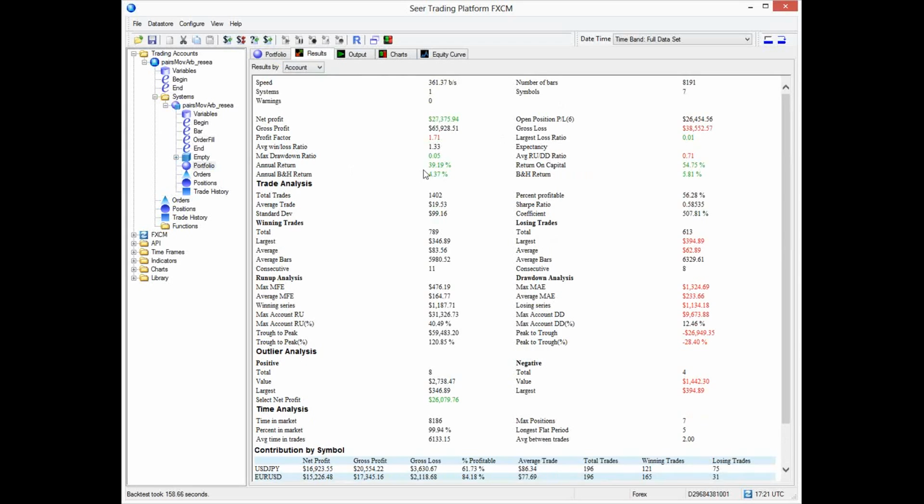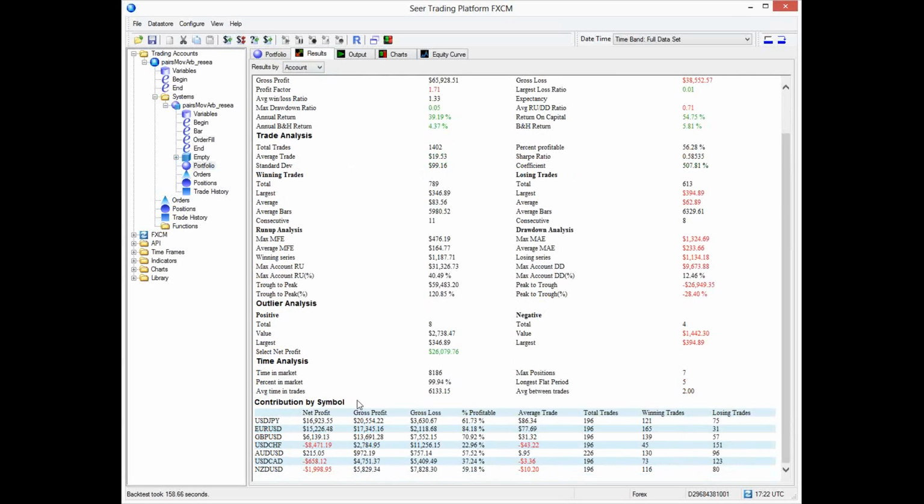So it's not bad. I guess we can reduce our exposure on every trade to get better results. You can see that out of our trades, 56% were profitable, and a whole bunch of statistics. And the interesting thing is that the biggest contributors to our profit were actually Japanese yen, euro, and pound. The Swiss franc, the Australian dollar, Canadian dollar, and New Zealand dollar were not very good